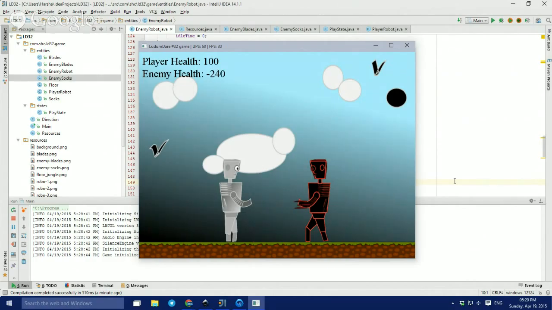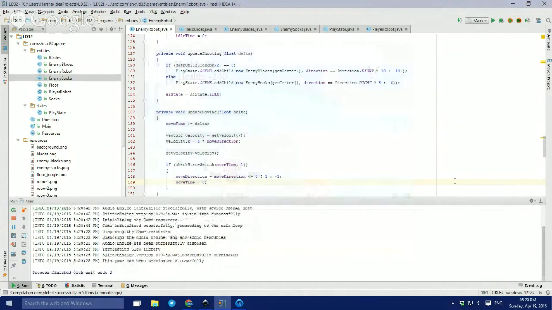Yes, I was able to kill the enemy. So this moving AI is now working,